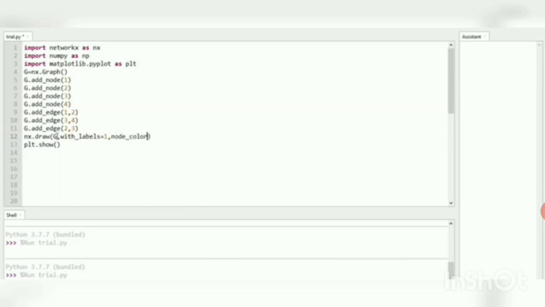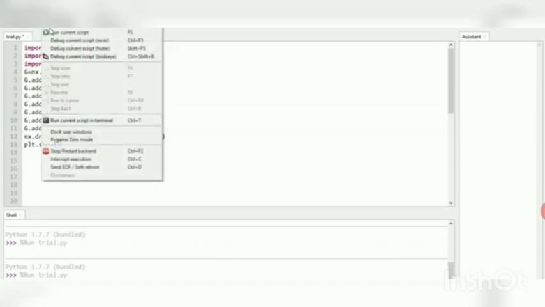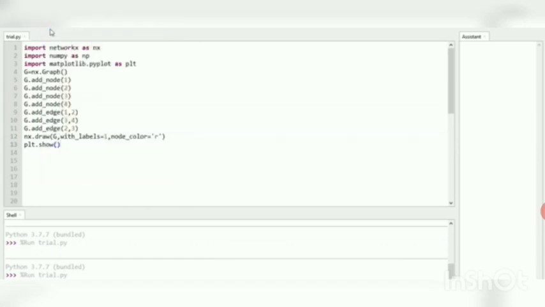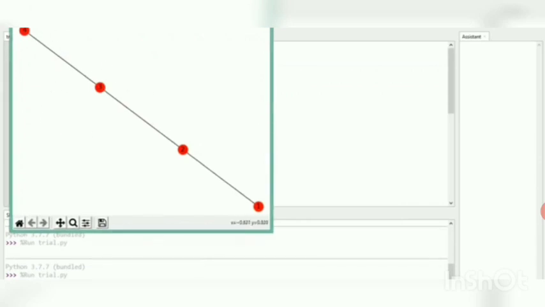This red color is my favorite. Run it. It is well labeled, the node color is also red, and the nodes 1, 2, 3, 4 are there; four nodes in total.